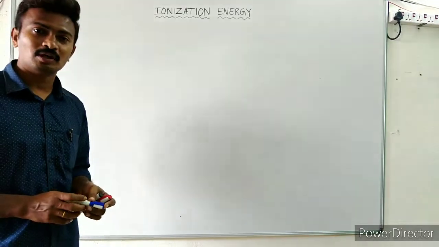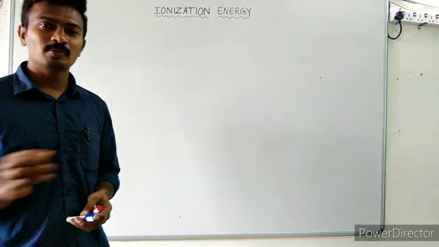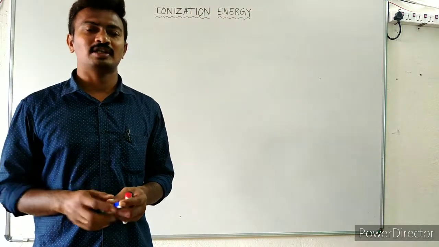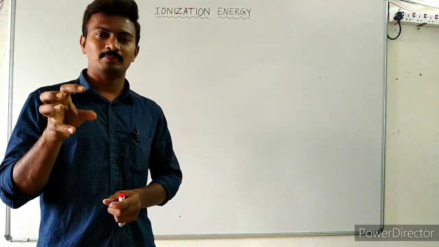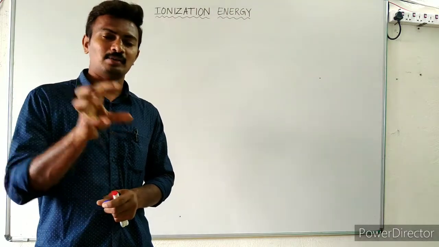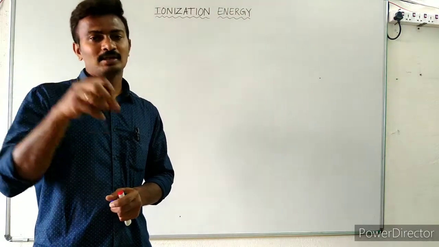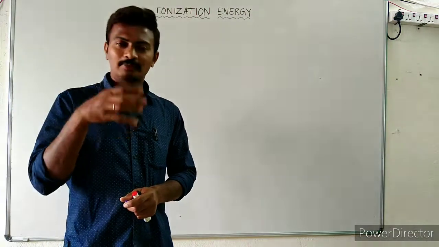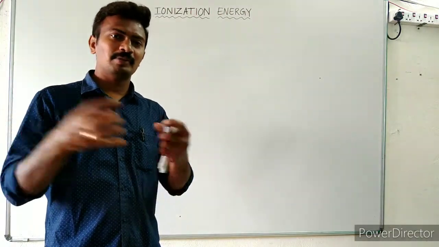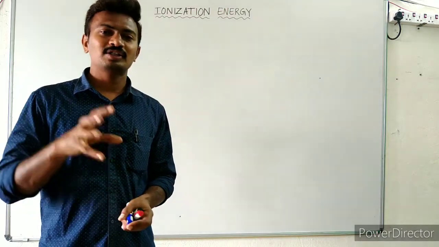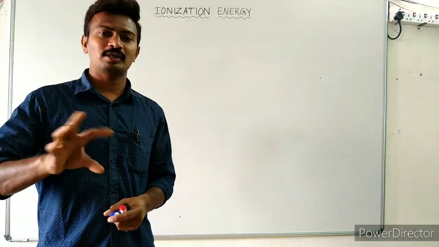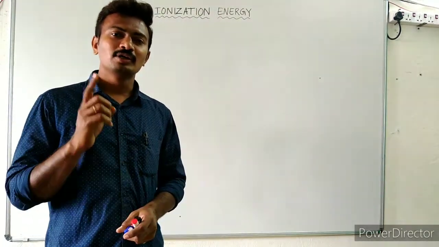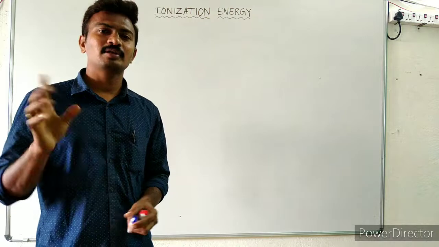Let us see what ionization energy is. Ionization energy is the amount of energy required to remove an electron from an isolated neutral gaseous atom. So we can't remove the electron from a bonded atom. When an atom is bonded to other atoms, we can also remove the electron, but it is difficult. That is not ionization energy, because a bonded atom has attractive interactions with the other atoms, so it is completely different. Here, ionization energy refers only to the neutral, gaseous and isolated atom.